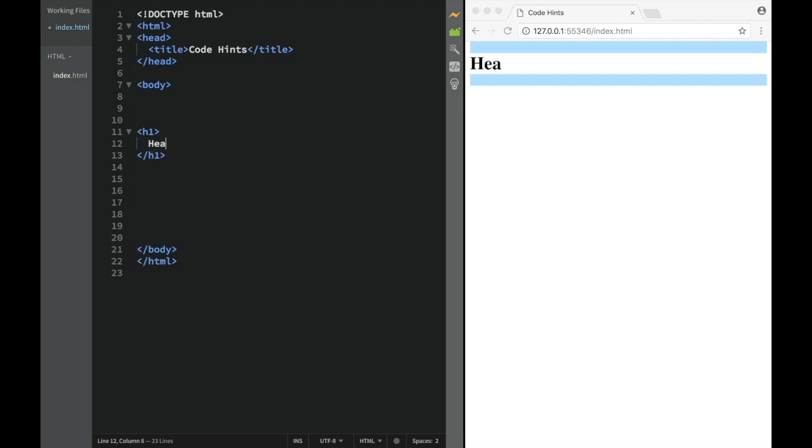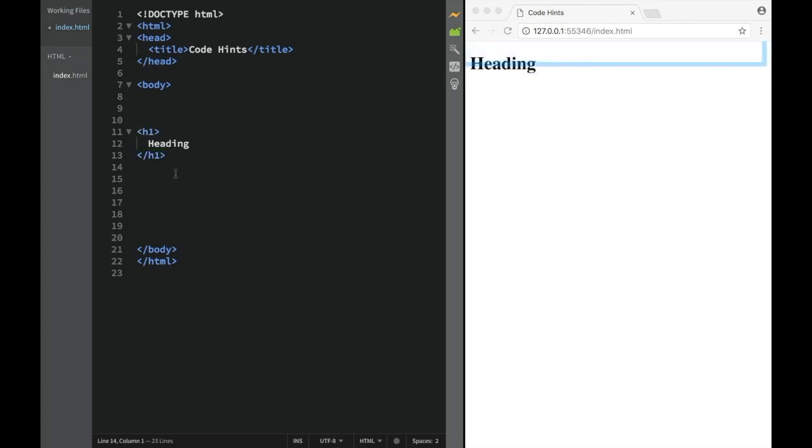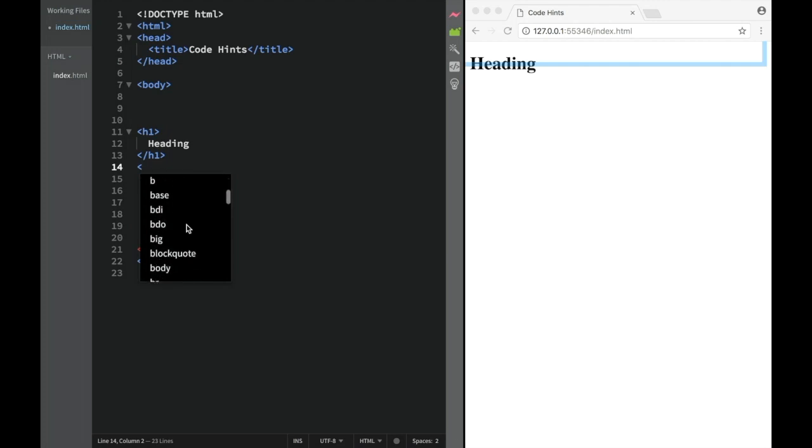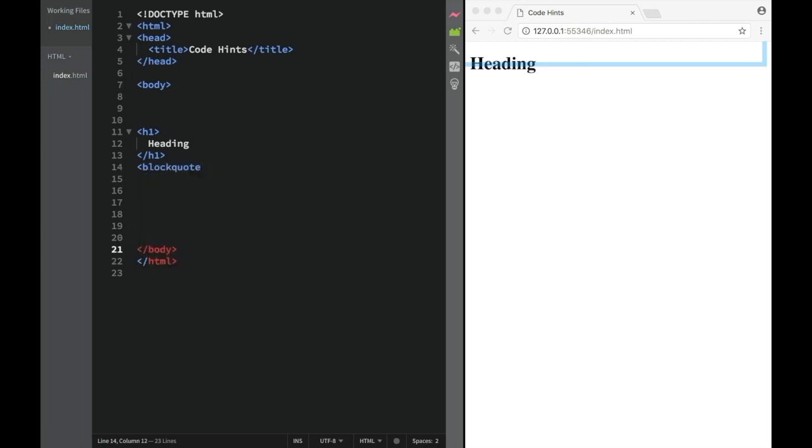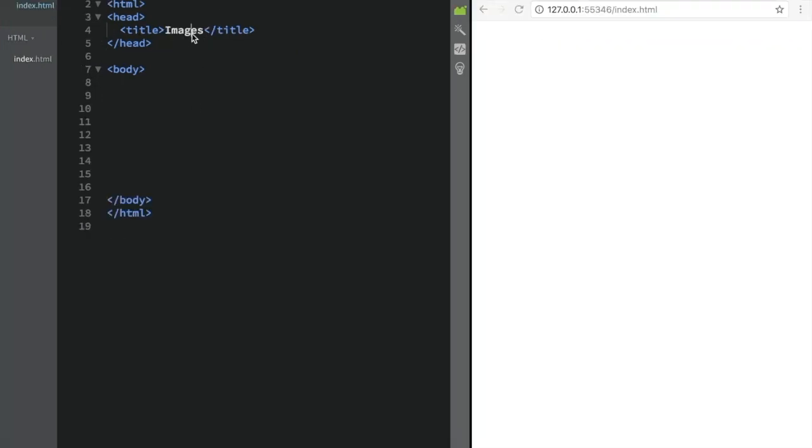So again, if we write over here heading, the HTML knows that we're talking about headings. And the code hints make your life really easy. Let's say you forgot the name of the tag, the element, that you want to use, but you remember the first letter. Say, for blockquote: as long as you know that it starts with B, the code hints will help, and we close it over here. And next we're going to look at how to get images